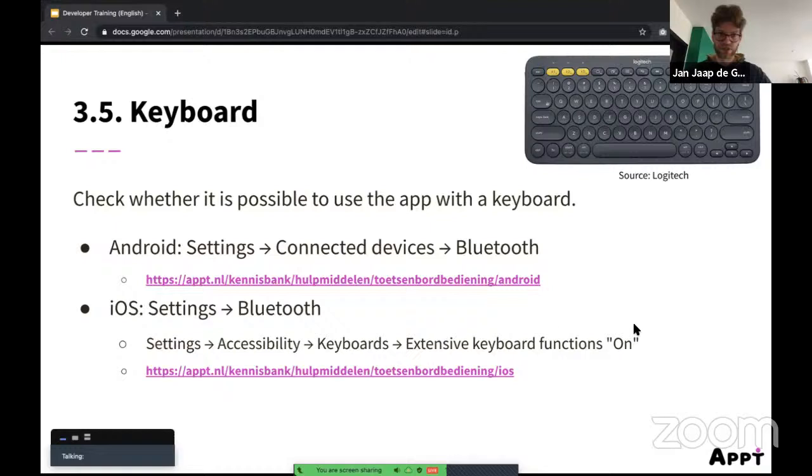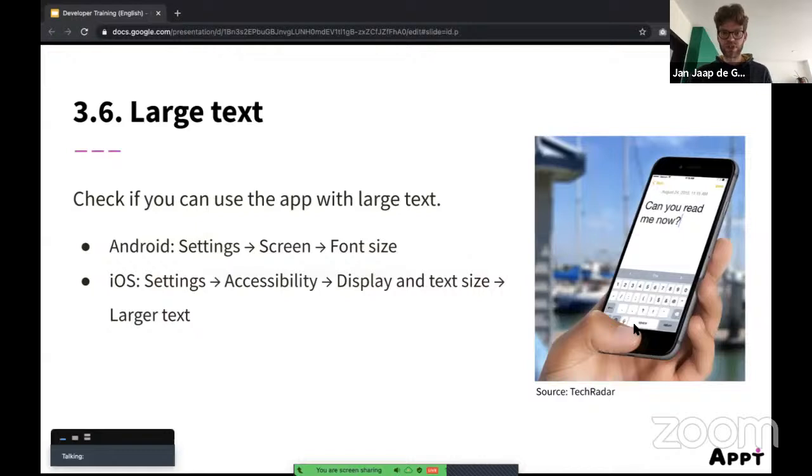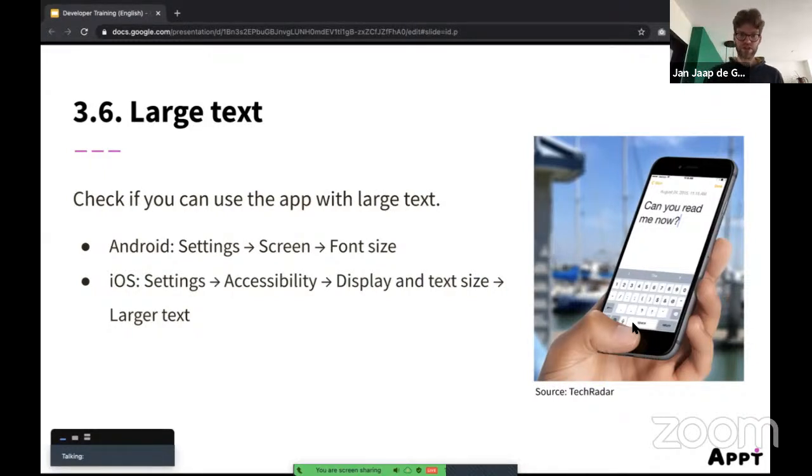Largest. This is maybe the one that has the highest impact on users, because a lot of people would like to use large text in an app, and you don't need to build this into your app like a different settings menu. There is already a settings menu in Android and on iOS where people can set their preferred font size for all the apps they use. So on Android, if you use SP, the scaled pixels, it already uses the font size that the users entered in the settings app. And on iOS, it's called dynamic font size. And you can use a scale factor to increase the font size in your app.